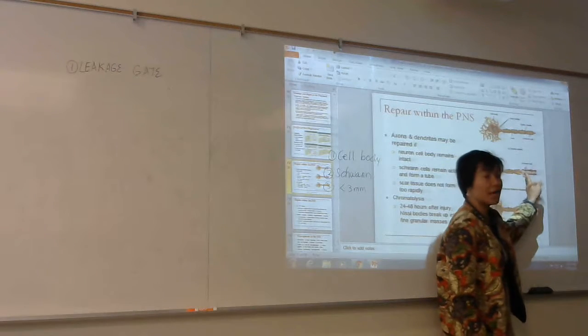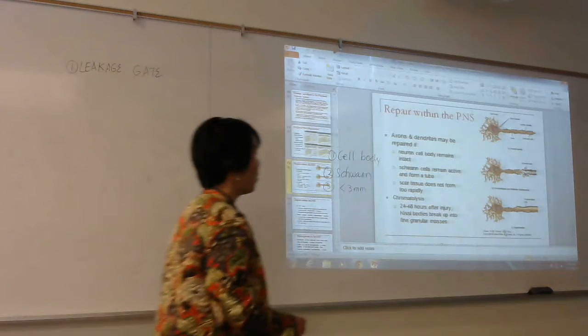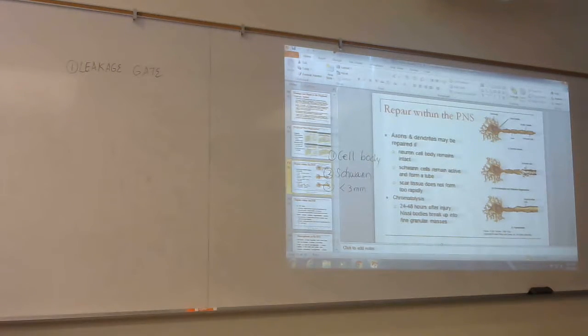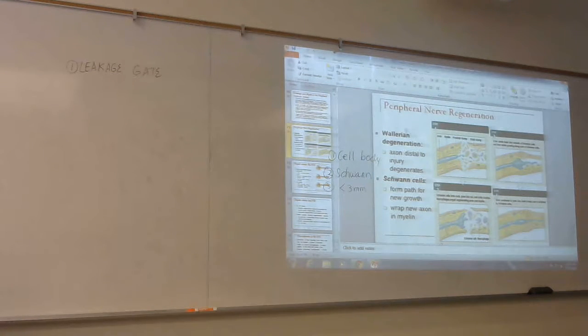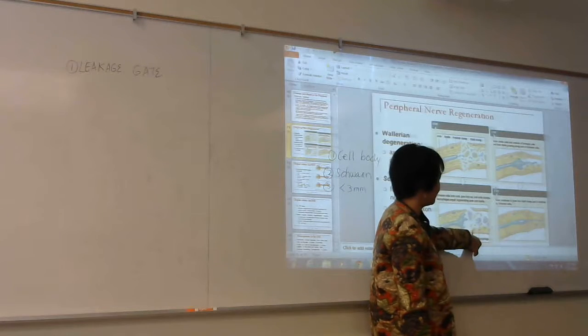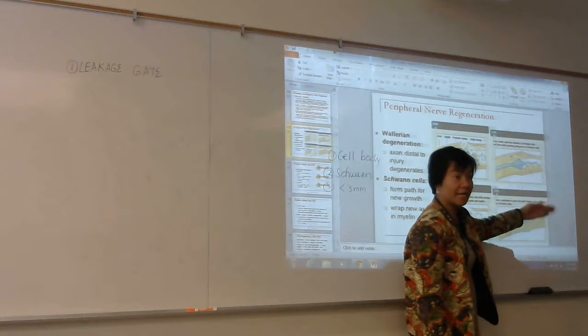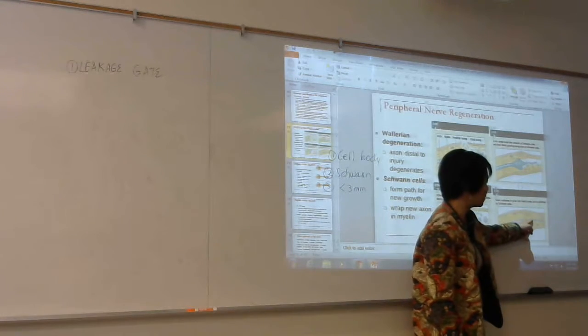The distal stump will undergo degeneration, you see. And that degeneration is referred to as Wallerian degeneration. Right here, Wallerian degeneration. It will degenerate, but the Schwann cell is key. Just like a cast, when you have a fracture, there's a cast, right? Allowing the bones to reconnect. That's basically what the Schwann cell does. See? As long as the Schwann cell is present, it will reform your myelin again, allowing the injured axon to